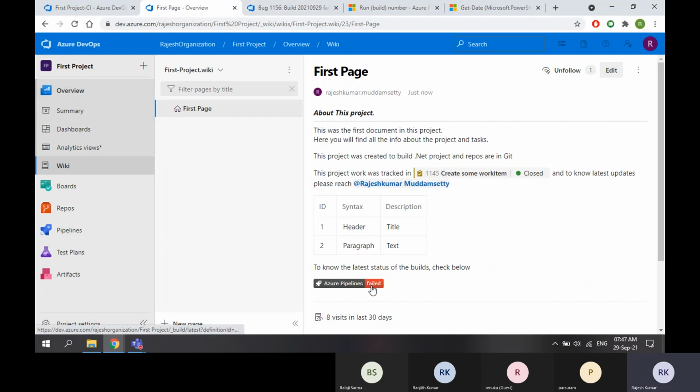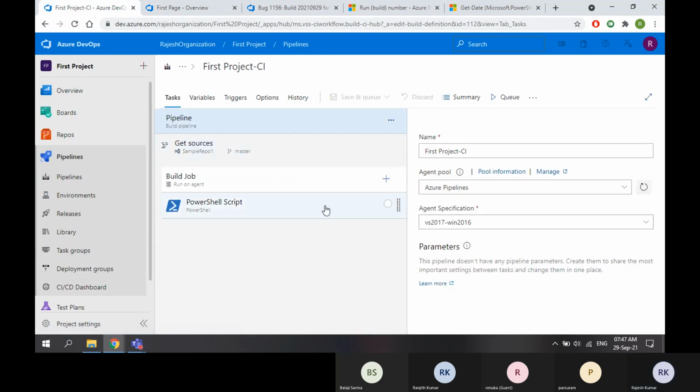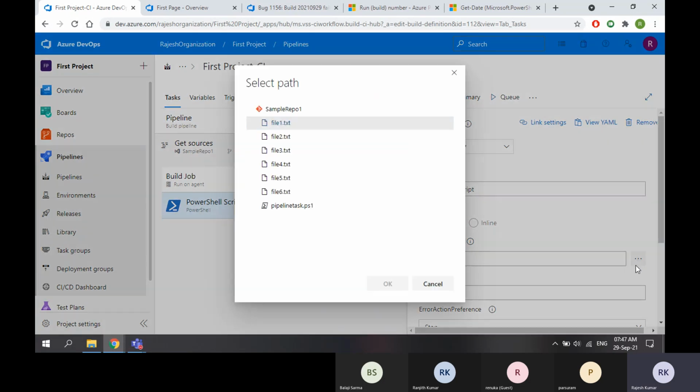Now you no need to update the status. As I told you, this work item status will be automatically updated in the wiki pages. The same build status also will be automatically updated in the wiki pages. Now if I go back and update this, so this is failed because of the script.